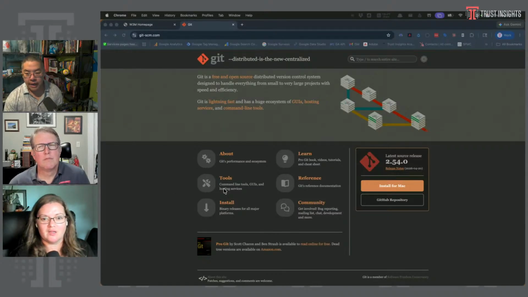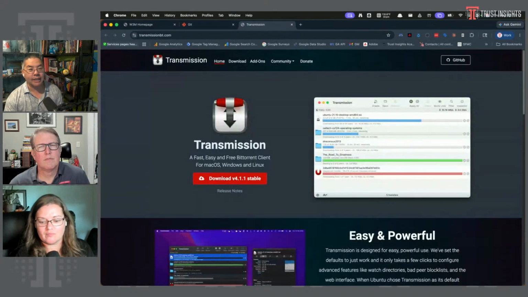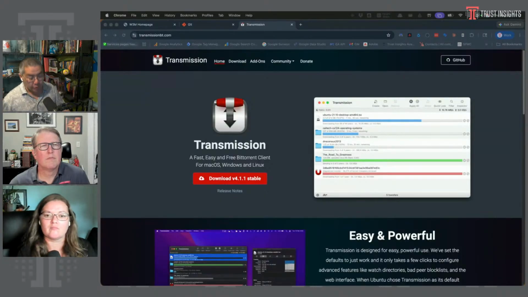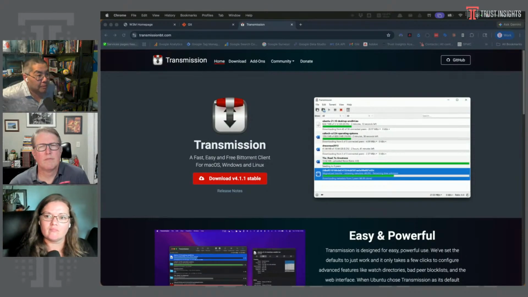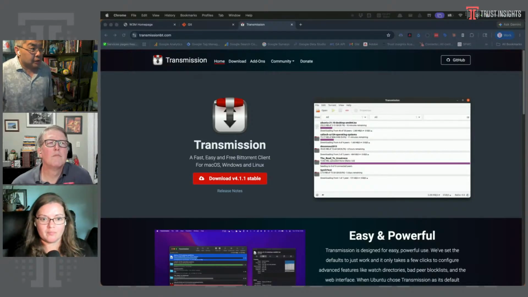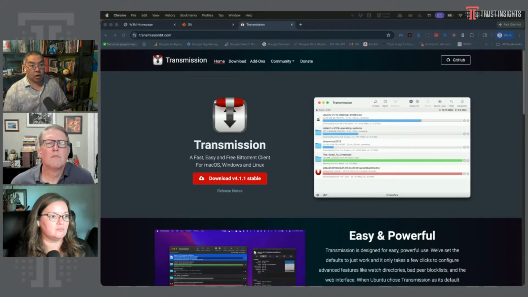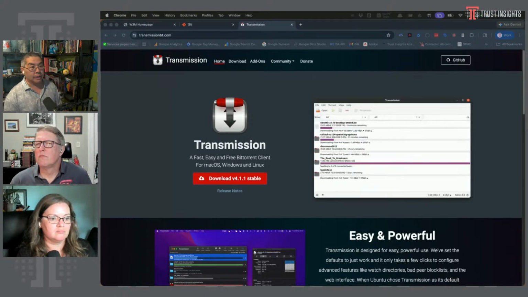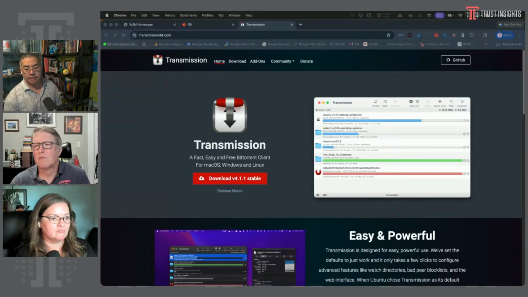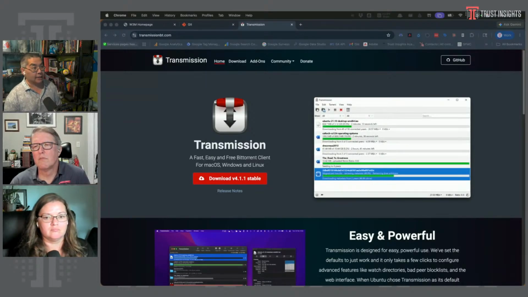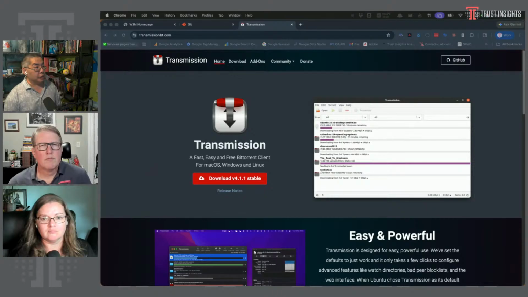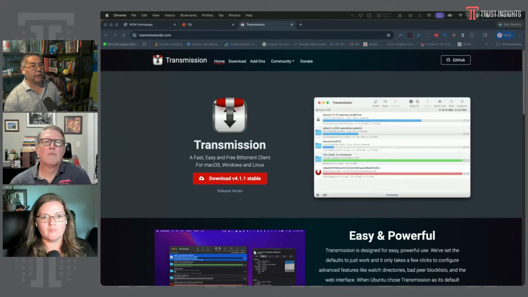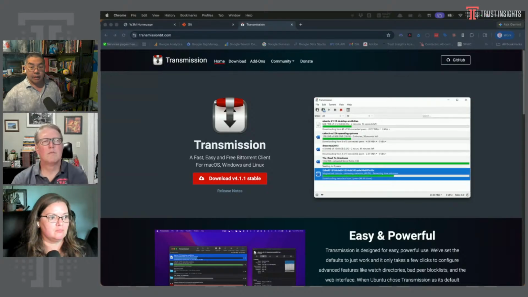Exactly. Next up on the list is Transmission. If you do not have a BitTorrent client, this is one of my favorites. This allows you to get torrent files of all sorts of different media. For example, from the Internet Archive, you can download public, free, open source, public domain content, like entire archives of the internet, using torrent. Torrent allows you to do peer-to-peer file sharing, and everyone shares the load of certain types of data.